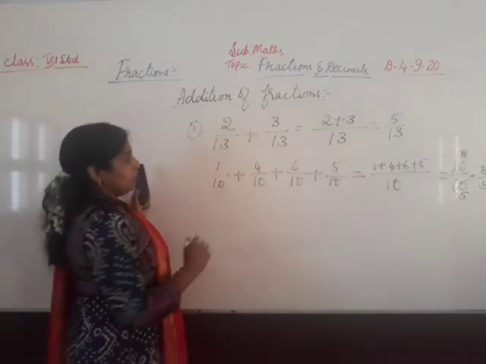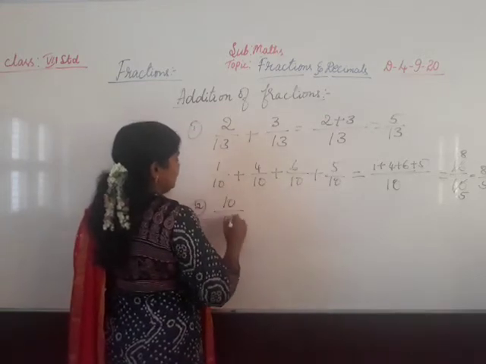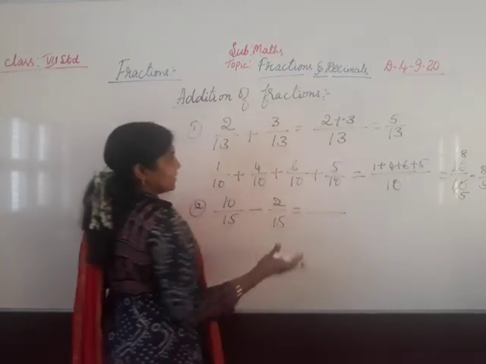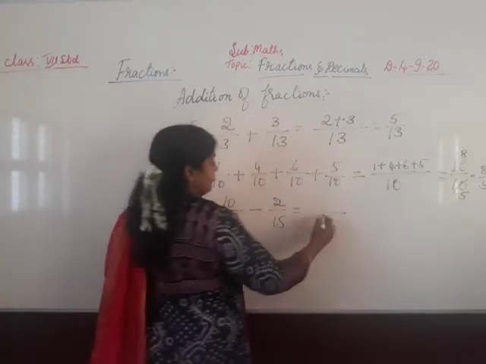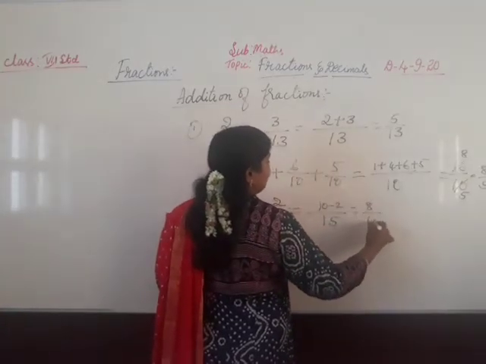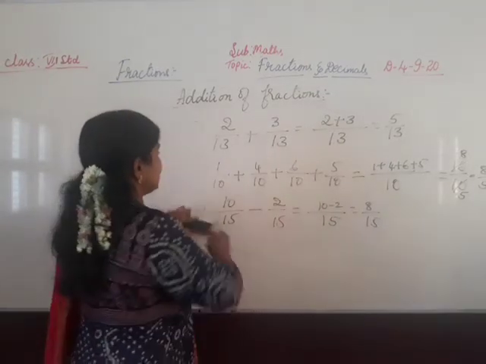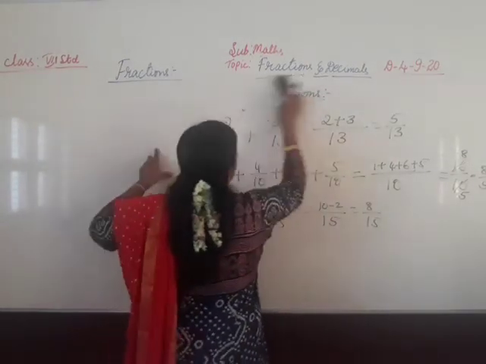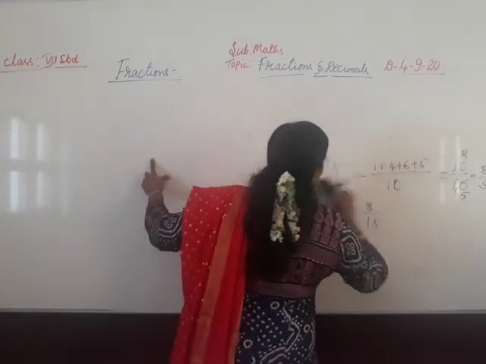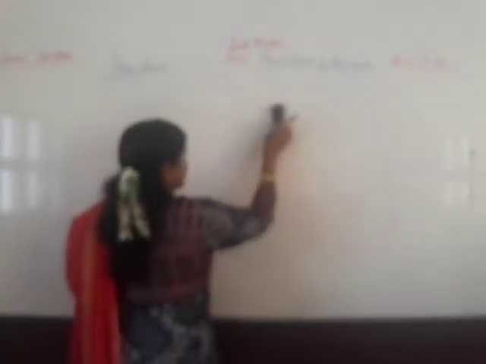Okay, now next, same with subtraction. 10 by 15 minus 2 by 15. So when denominators are same, it is very easy to add and subtract. 10 minus 2 is 8, so 8 by 15. When denominators are same, addition and subtraction of the fractions are very easy. Write the denominator as it is and add the numerators, and if it is possible, bring the answer into the